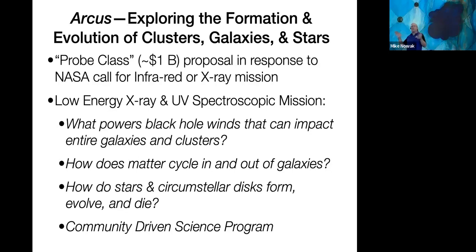So $1 billion is actually what NASA calls a new cheap version. Prior to this call, NASA satellites came in 2 varieties: $400 million, like NICER, which was a $300 million mission, or $4 to $10 billion like Roman and James Webb. So this new $1 billion class is kind of a mid-range mission. What we're proposing to do is low energy X-ray and UV spectroscopy, and to answer these questions.